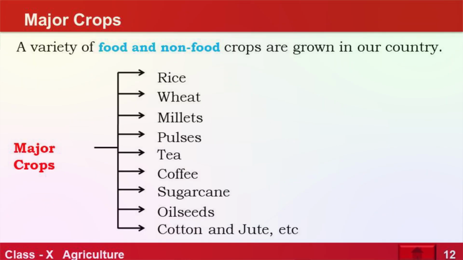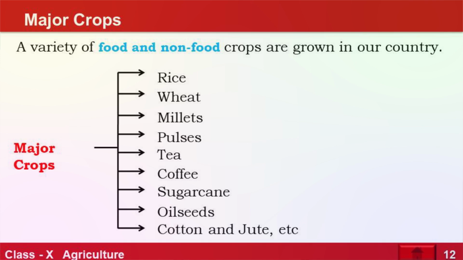In winters we grow Rabi crops, wheat basically, and then there are Kharif crops. In that we grow basically rice, jute, cotton, urad. Correct. And in Zaid crop we grow watery crops like watermelon, muskmelon, fenugreek. These things are grown here. The next question: let us move to the major crops. Which major crops are grown in India? We have divided all the crops into food crops and non-food crops.